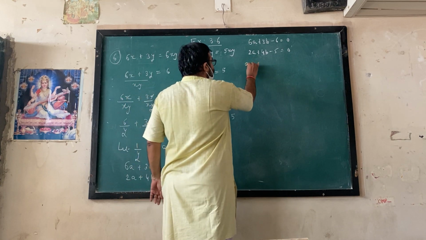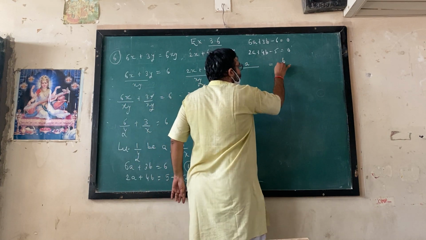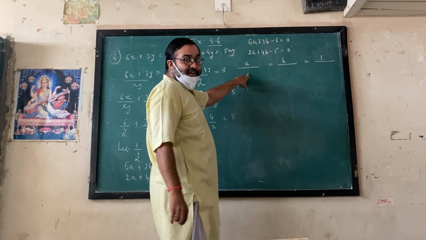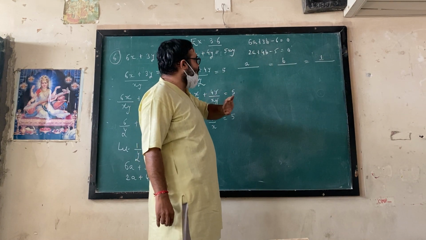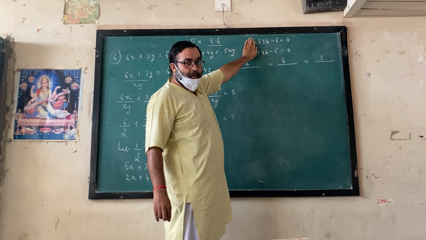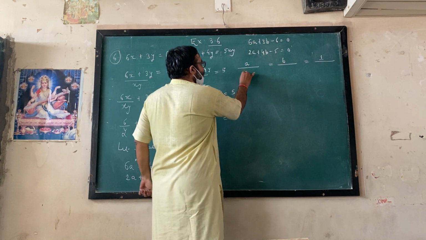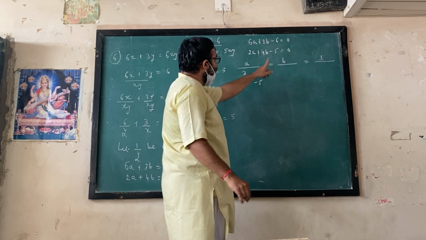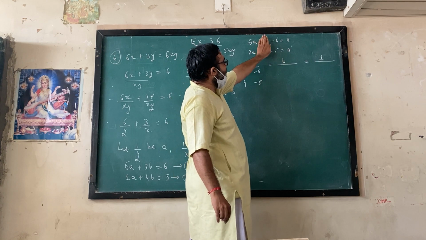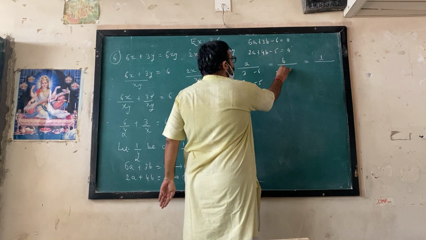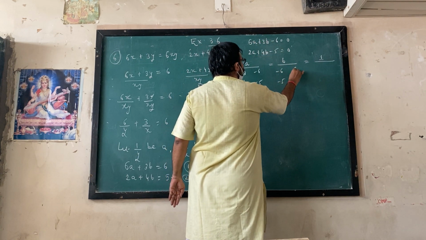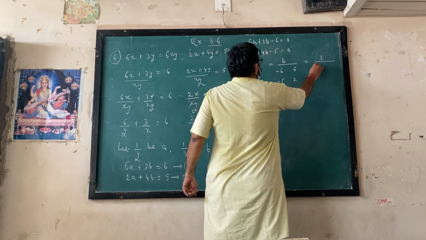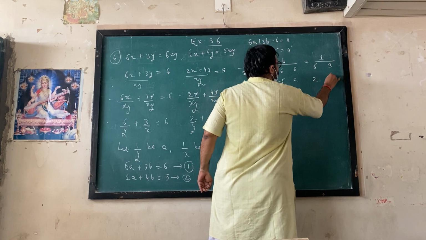Here a upon, b upon, and 1 upon. When you are writing the coefficients of a, the a terms will be ignored. So what is it here? 3, 4, minus 6, minus 5. When you write b coefficients, the b term would be ignored. So that is minus 6, minus 5, 6 and 2. And when you write constant terms, it would be 6, 2 and 3 and 4.